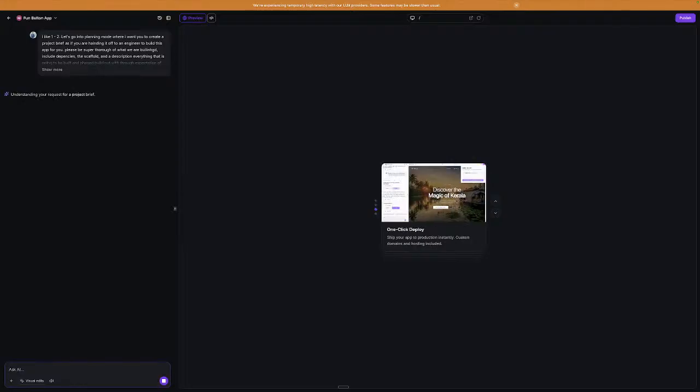Alright. Now, as you see on the right side, it hasn't built anything yet. That's because we're in our planning phase.